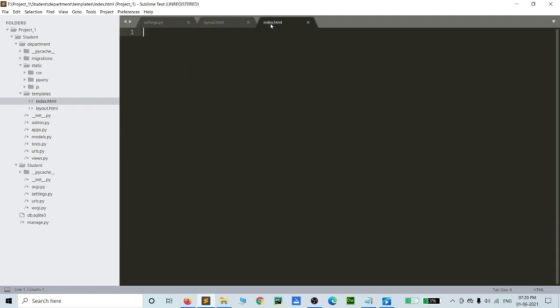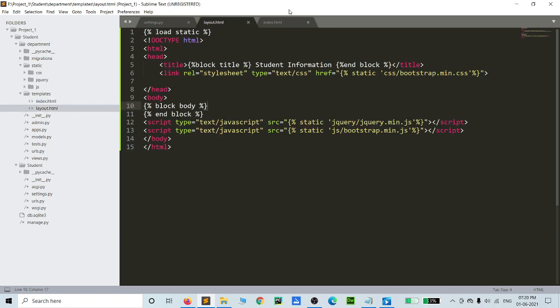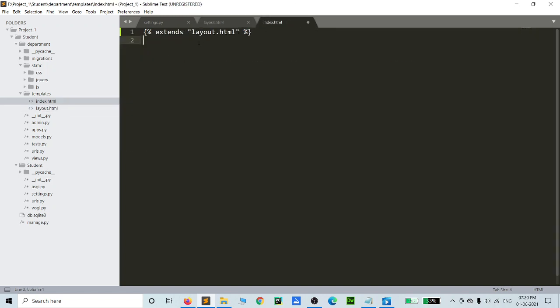We can go to the index.html. We have created the inside of the body sections. Before the body section, we have ingested some basic content from the layout.html. So how do we ingest from the layout.html? The tag name is extends, and the name is layout.html. This file ingests from the layout.html. What that means is that all the HTML tag file is available and put in the index.html. Now the HTML works there.